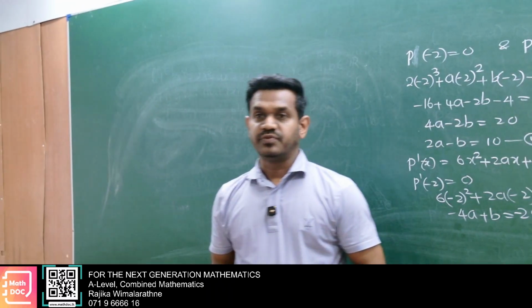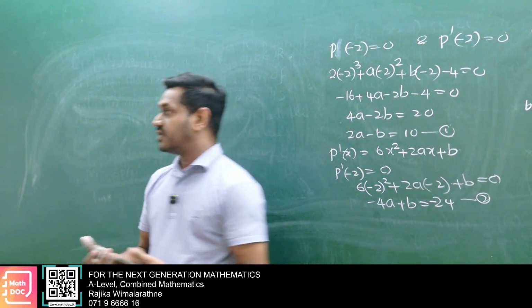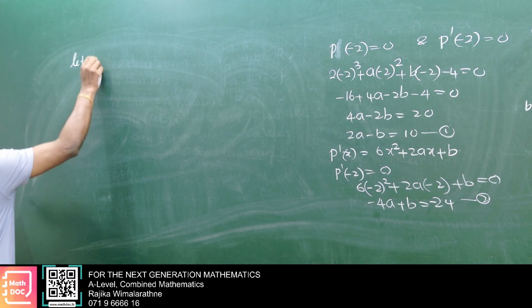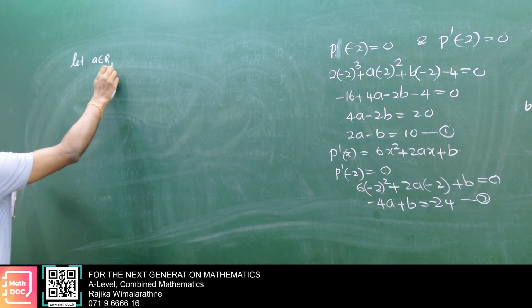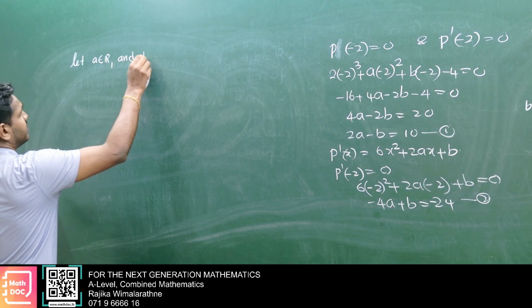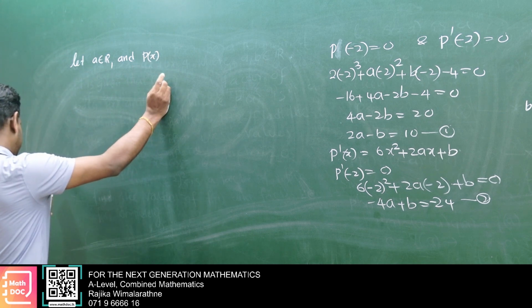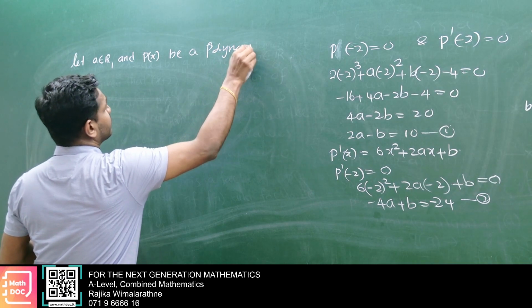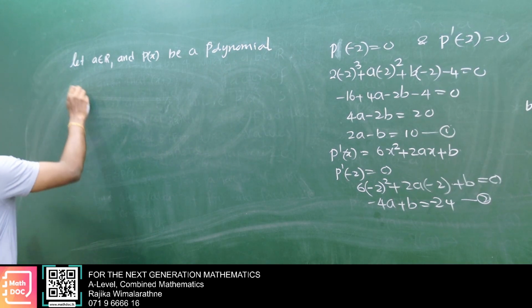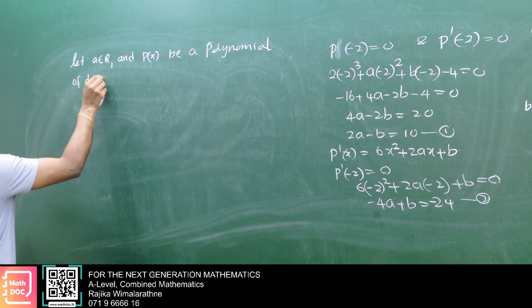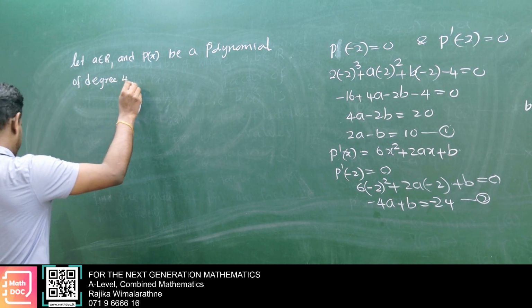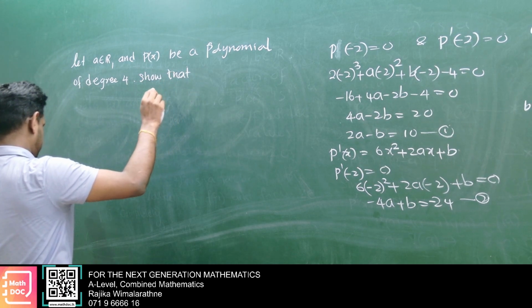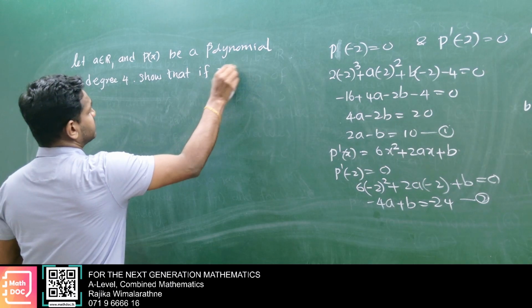Okay, let's move to another question. You take this. Let a be an element of the real set, and let P(x), write with me, be a polynomial of degree 4. Show that if x − a